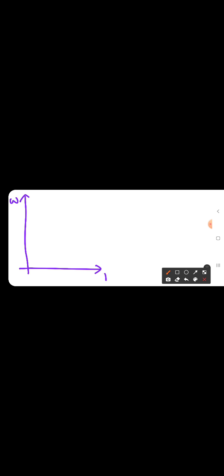For a separately excited motor or shunt motor, the speed torque characteristics are like this. Then for the series motor, it may be like this. So this is about the theory part in the second unit. Now let us solve some problems.